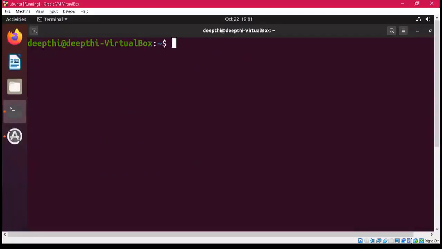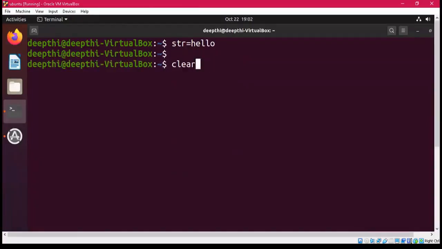Fine. Now, what if I store a string in a variable? Let's understand that. Let's say I have a variable str, which is the name of the variable in which I am storing hello. Again, if I want to access the value of this and I write echo str, then whatever is after echo is just treated as a string.